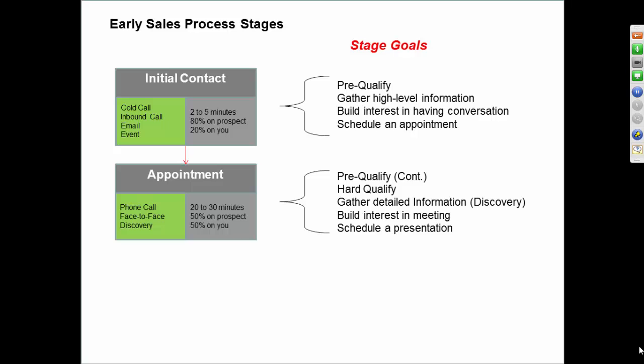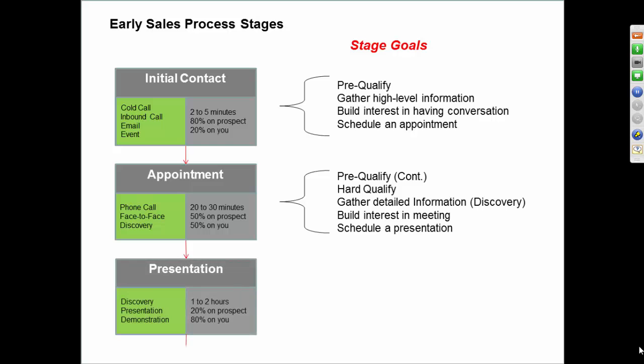So what you're trying to do is ask some pre-qualifying questions. You're asking them some hard qualifying questions, which are not just questions that determine how well this person fits with what I need. Hard qualifying questions would be, is this a deal for real? Someone might be coming to your car dealership and love your car and need a car, but if they have no job, then they're not a qualified prospect, meaning no money to spend. So that's where you get into some hard qualifying questions. But again, the goal here is not to sell the product, unless you can sell the product.